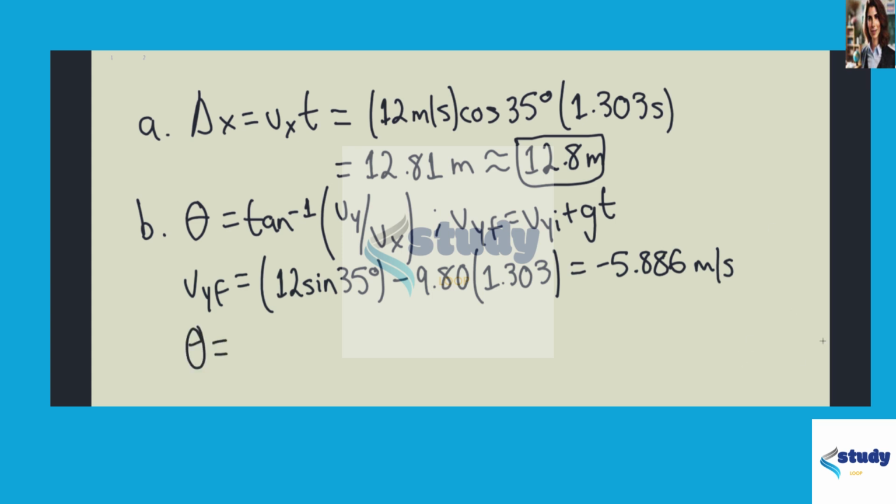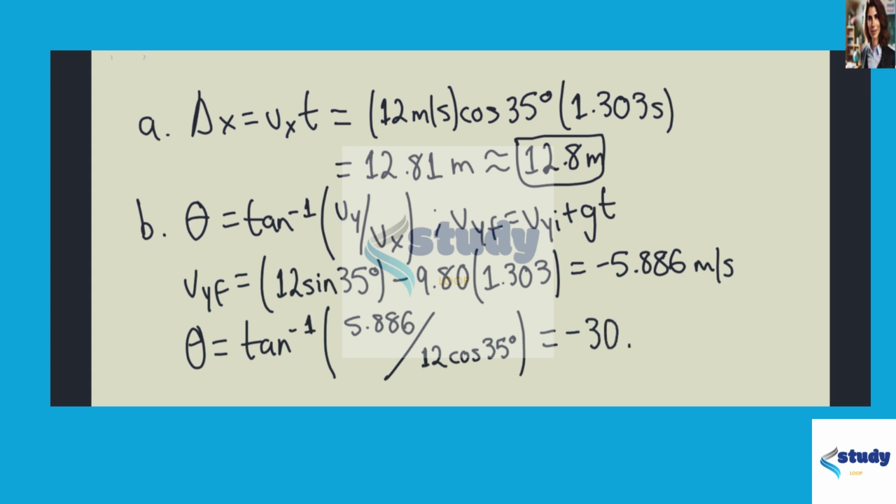So theta will be equal to arctan of 5.886 divided by 12 cosine of 35 degrees. This is going to equal negative 30.9 degrees. This being negative means that this will be 30.9 degrees below the horizontal. So this would be the direction of the final velocity